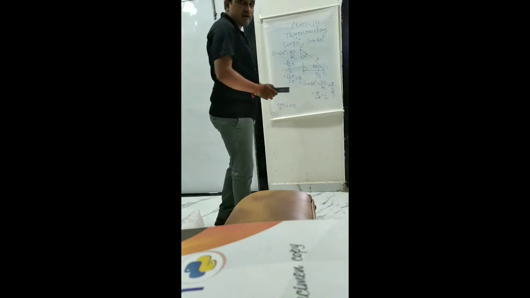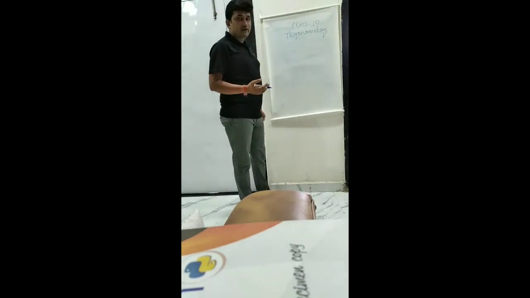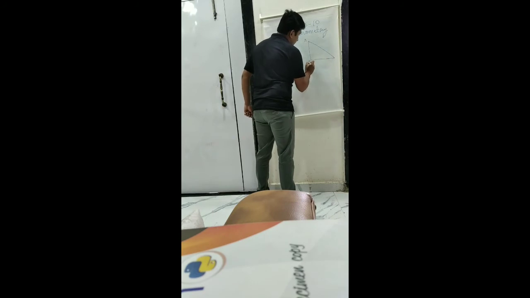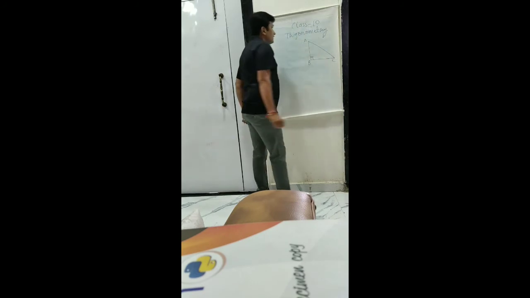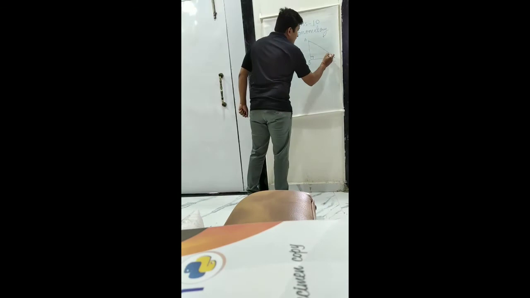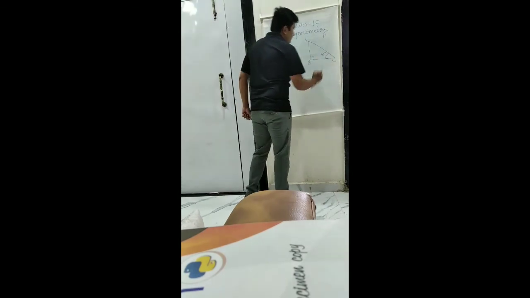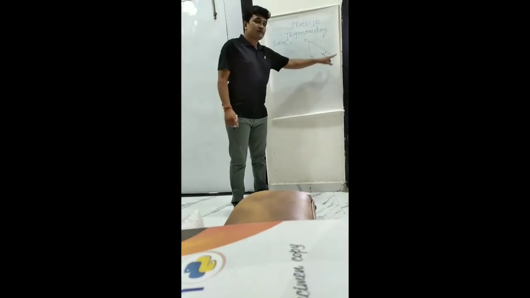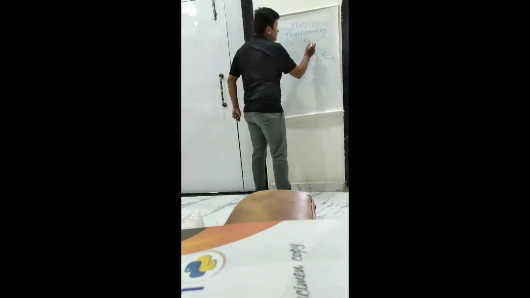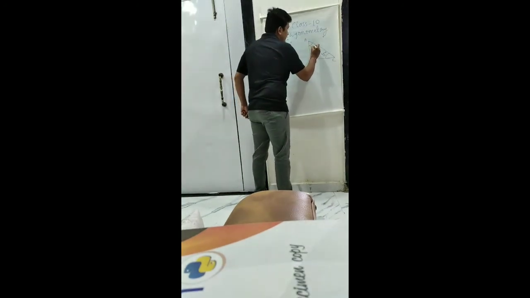Now I am going for sine 45 degree. For sine 45 degree, again I am considering one right angle triangle. So this is one right angle triangle ABC, right angle at B. Now here I have to find the value of sine 45 degree. This time I have to consider this angle. Now as we know that in a triangle the sum of three angles equals 180 degrees, and as this is 90 degree and this is 45 degree, this angle A will also be 45 degree.